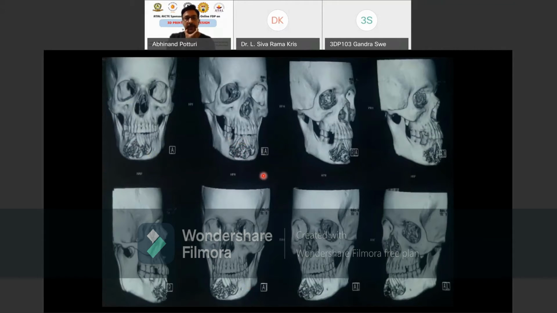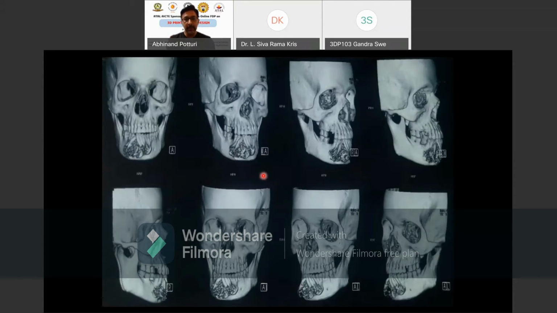Now imagine, this is a prime part of the face, and your lower jaw makes a significant contribution to your speech, to your mastication, that means the ability to chew and eat food, and to your cosmetics. The entire facial contour is defined by your lower jaw. Now this important part of the lower jaw is gone missing, and you don't have that jaw, then how much function, how much cosmetics is impaired for the patient because of this.